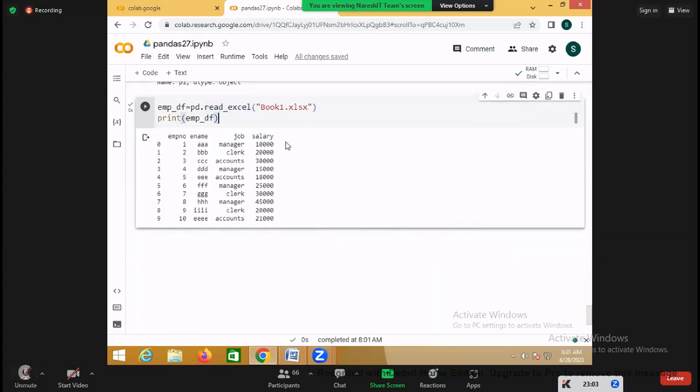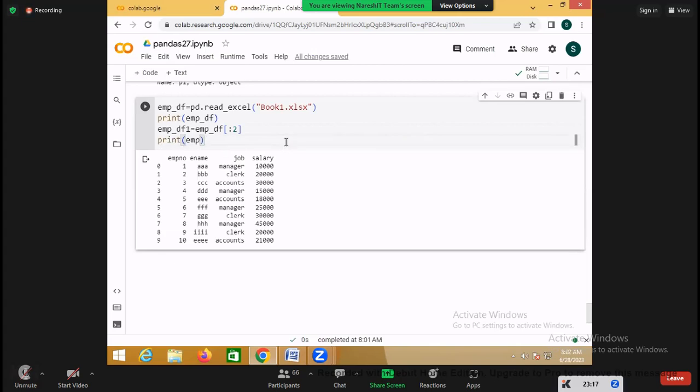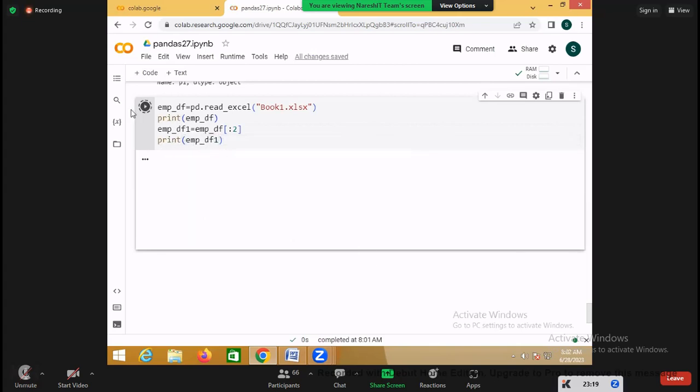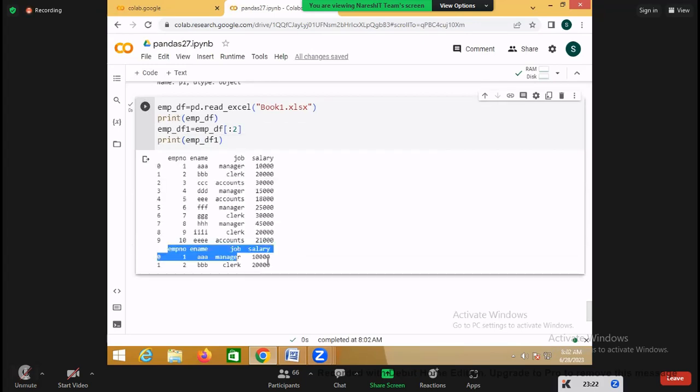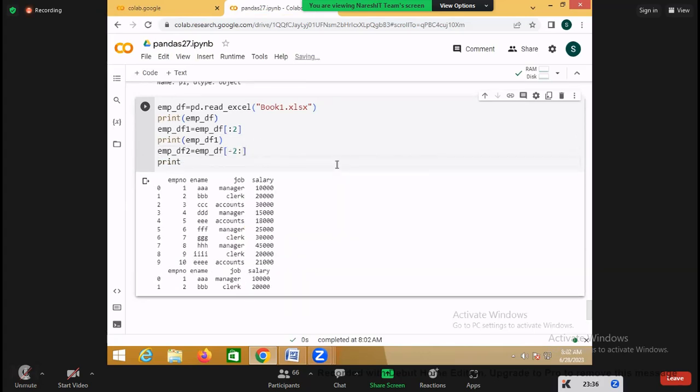I want to read the first two rows. So I'll say employee data frame 1 equal to employee data frame of, you can use slicing. Now this is the first two rows. I read it. Okay, employee data frame 1. So this reads the first two rows, right? I want to read the last two rows. Employee data frame 2 equal to employee data frame of -2 colon. I want to read the last two data rows, then employee data frame 2, and this will return the last two